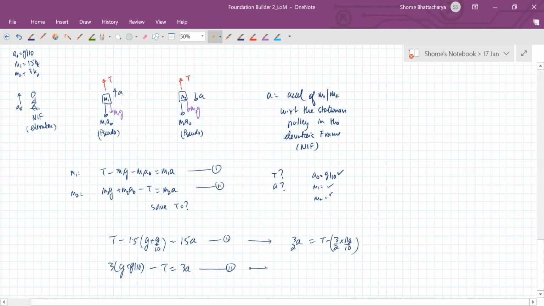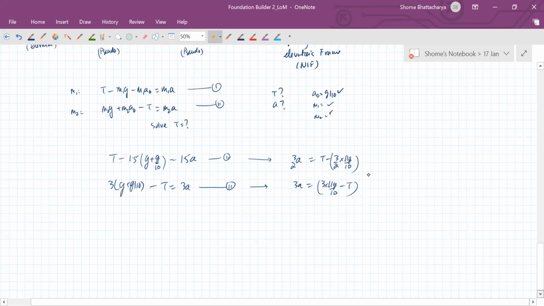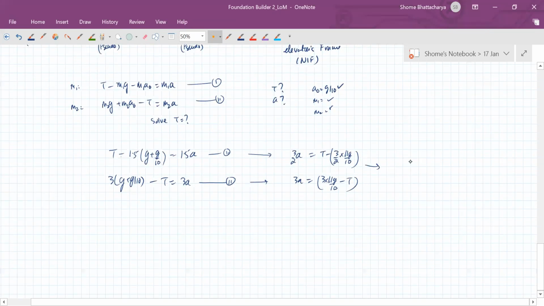Okay, and this is telling you that 3A is equal to 3 into 11G by 10 minus T. Okay, so just comparing these two equations, now you can see that 3A, which is from the second equation, 33G by 10 minus T,